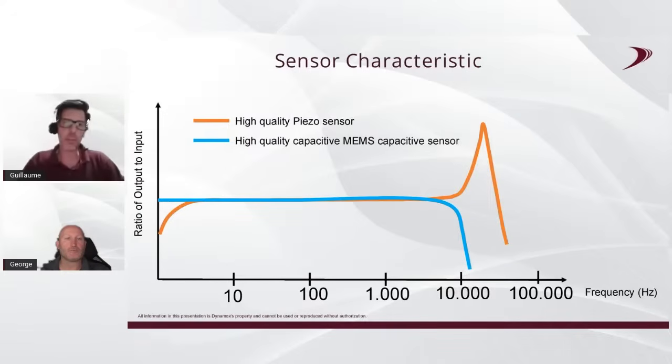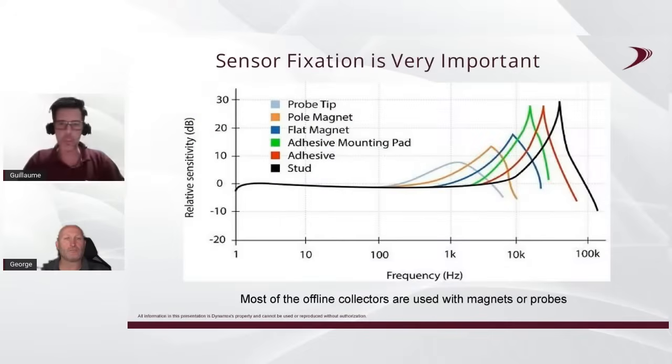If you look at a high quality MEMS capacitive sensor, you can see that it's flatter at the very beginning, and it doesn't have a resonance frequency. It usually goes up to, let's say, 8 to 10 kilohertz for the best ones. Now, if you look at the sensor fixation,